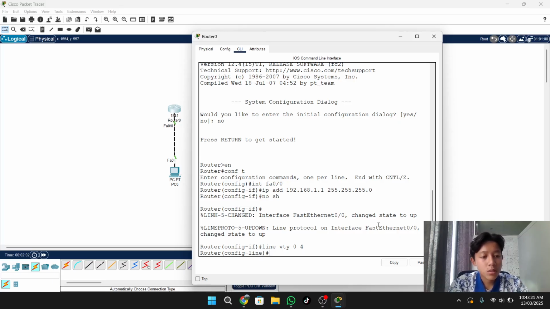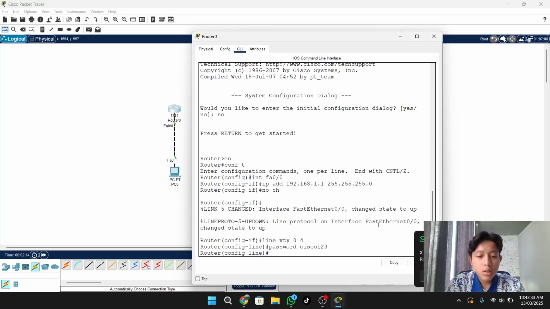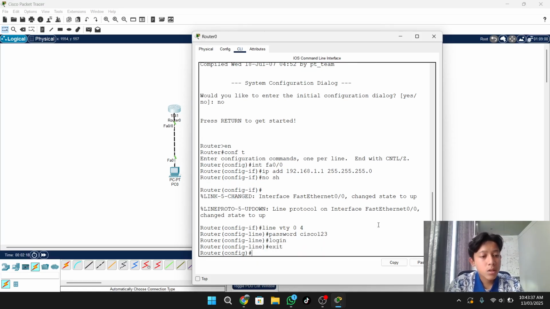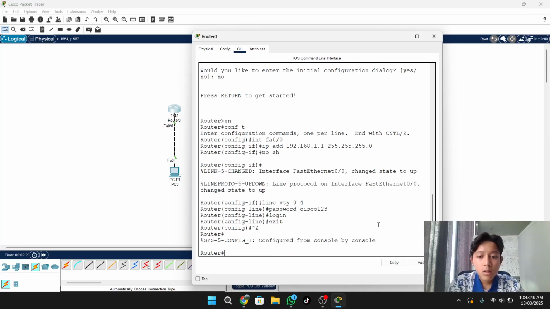You use the password command, and you type your password here. For example, I use Cisco123, and you type login and exit. Okay. After that you can write memory.